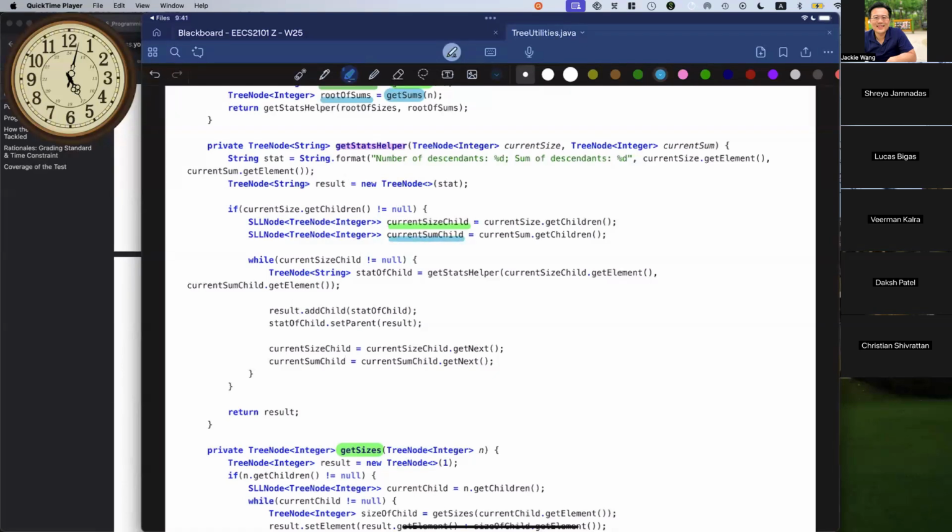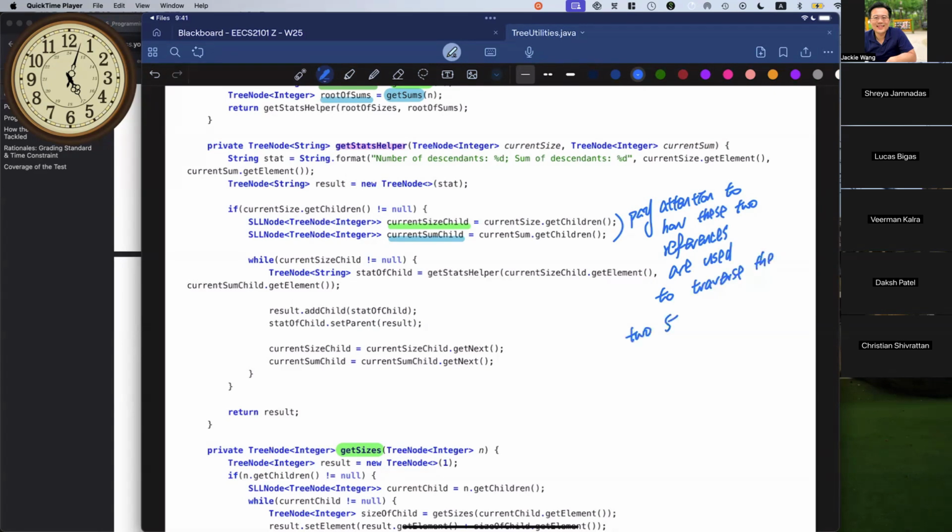So what you should do is pay attention to how these 2 references are used to traverse the 2 structurally identical trees concurrently, at the same time.